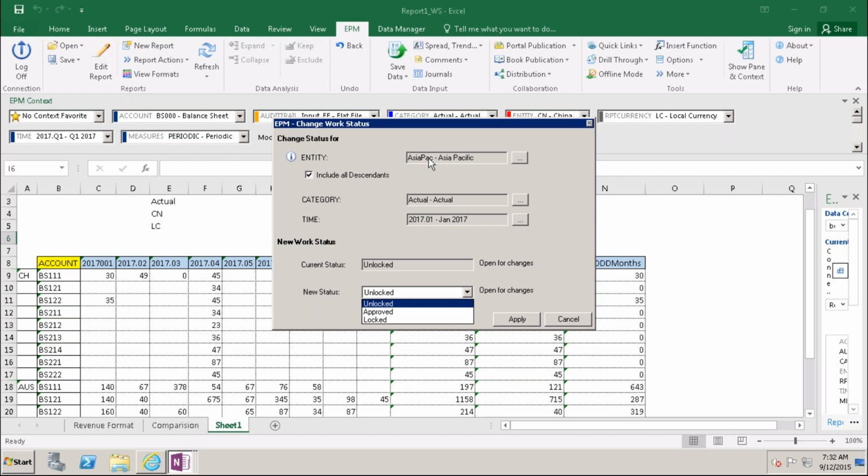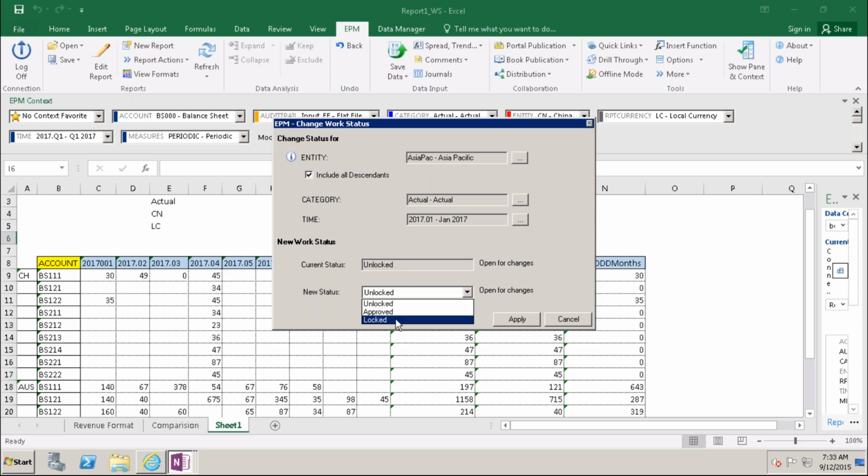Asia Pacific is the parent. The same user will have the manager. He is acting as a manager. Includes all descendants. For all descendants means China also one of the base member of the entity, and